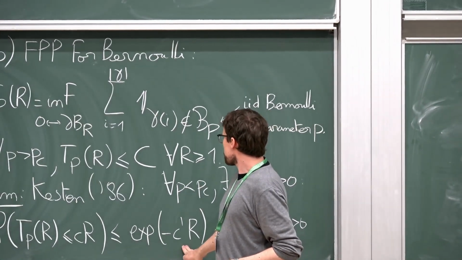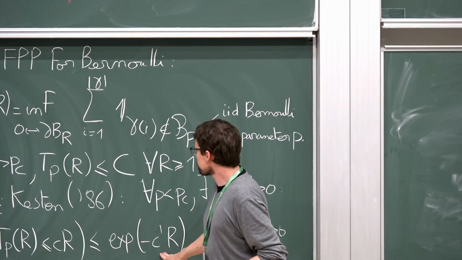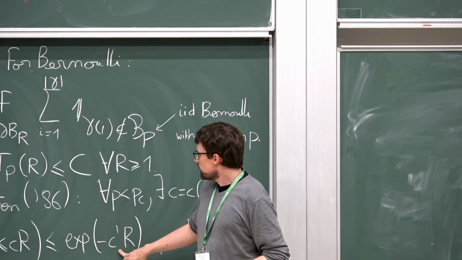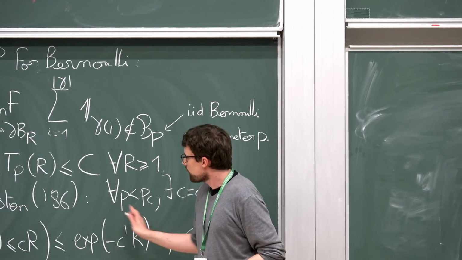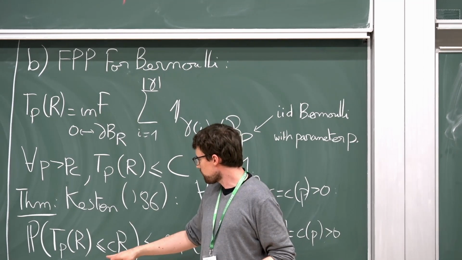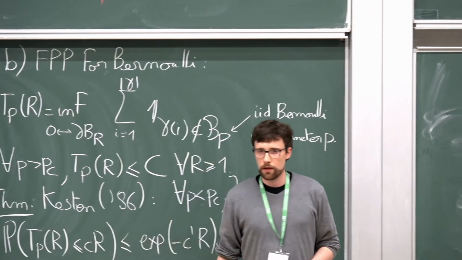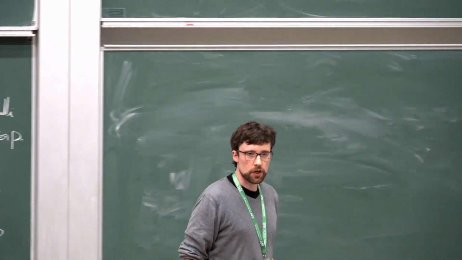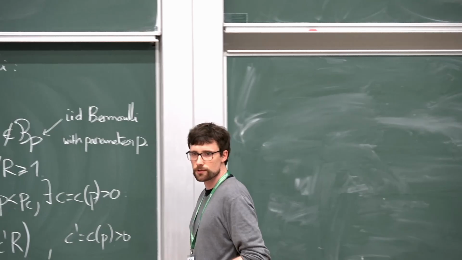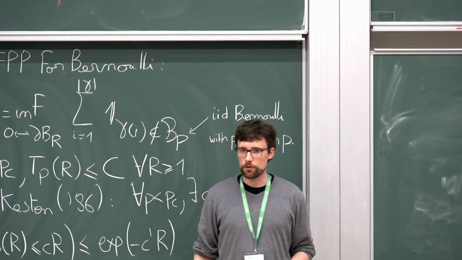And the second remark is that Kesten actually proved something a bit stronger than that. He also proved what happens at p_c, and at p_c he shows that this does not happen. More precisely, the probability that T is smaller than cR goes to 1. So you're actually sublinear. You're not constant anymore. That's a good question: are you constant or not? This is equivalent to theta(p_c) equals 0. But at least you're not linear.